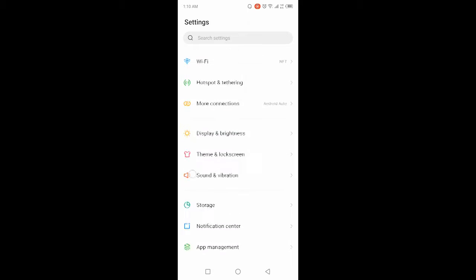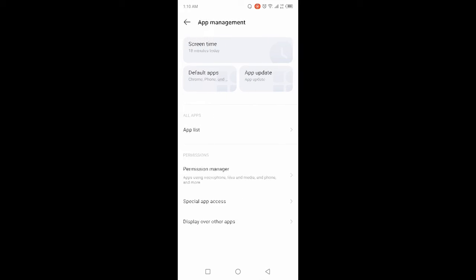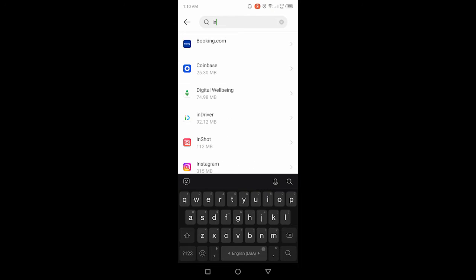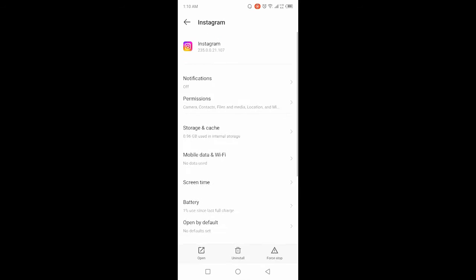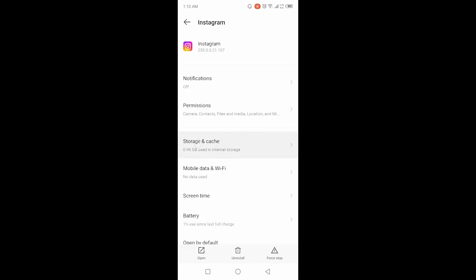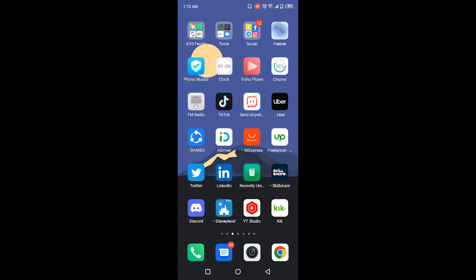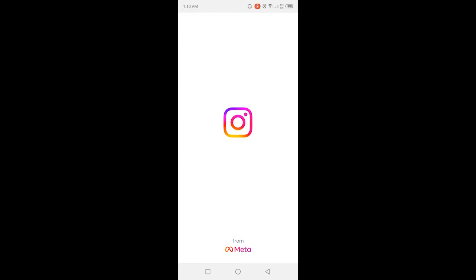In settings, you simply need to go onto the app management and click on app list and search your Instagram and open Instagram, and here you need to click on storage and cache, and then you need to click clear cache and clear storage. Once you complete this step also, then you need to go back and open Instagram and